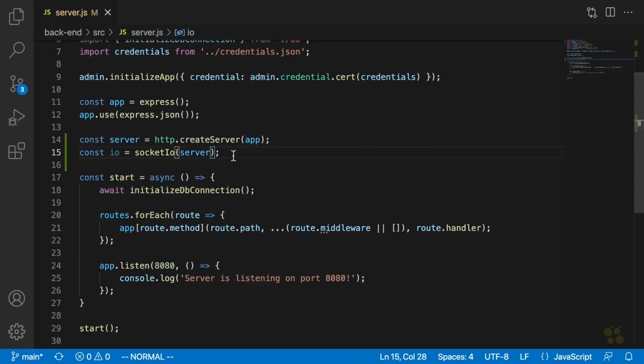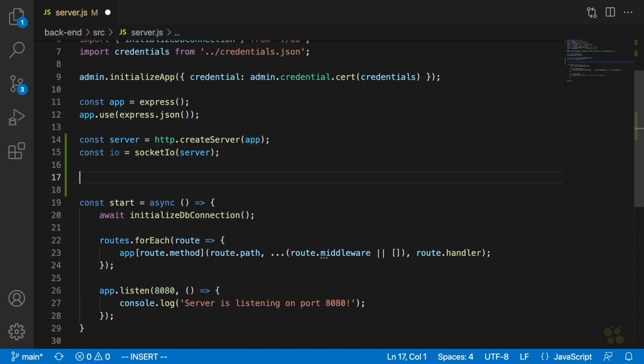It's actually very similar to the way that we define routes on an Express app. In an Express app, remember, we say things like app.get, and then we have a path, and then we have a callback function that gets called whenever we receive a GET request on this endpoint. The way this io object we just created works is that instead of saying things like app.get, app.post, we just say io.on,